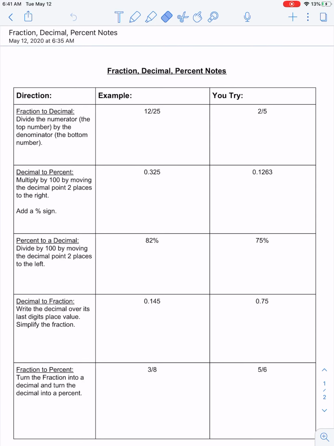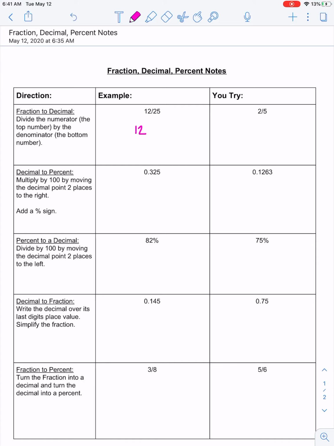Good morning, fifth graders. Today we are going to be working on converting between fractions, decimals, and percents. So we're going to look at a couple of different ways to travel between the two. The first we're going to look at is going from a fraction to a decimal. In order to do that, you need to divide the numerator, which is our top number, by the denominator, which is our bottom number. So we're going to take